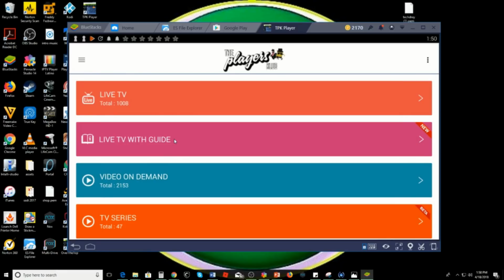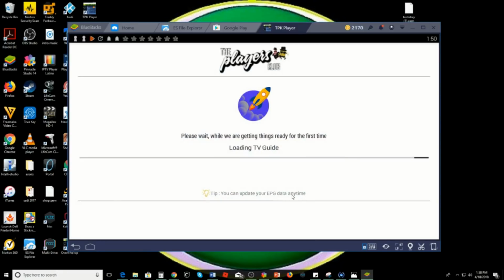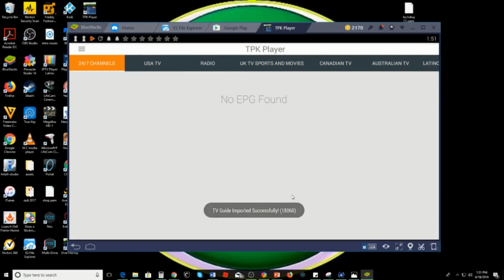They also have a guide. The guide, this is one of the better things that they have, that I really like as well. Just give it a second to load up. Another thing about this is an issue that can easily be solved. I'm going to show you guys right now. Once you get this no EPG found,